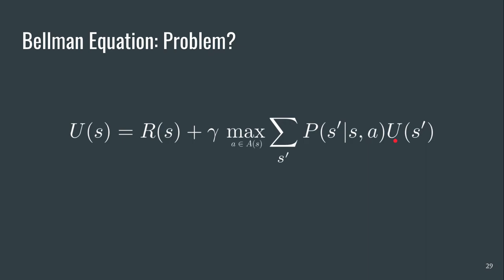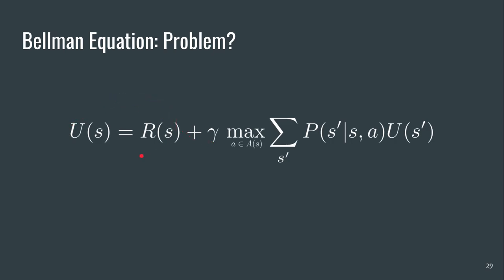The way we define the Bellman equation is we have this U given some state. We are going to get the reward of that state plus this gamma, which we already talked about, the discount. And we're going to get the max value of this function for every single viable action. For every possible state this action and state provides us, we're going to multiply the probability of this S prime occurring by the utility of that S prime. And whatever best action comes out, we're going to multiply it by that gamma,